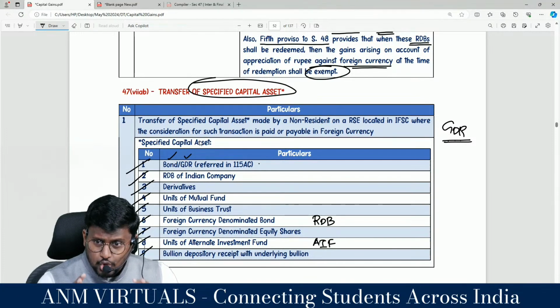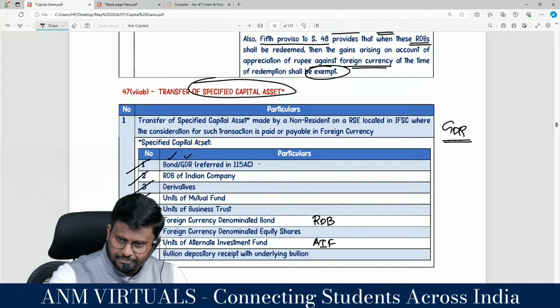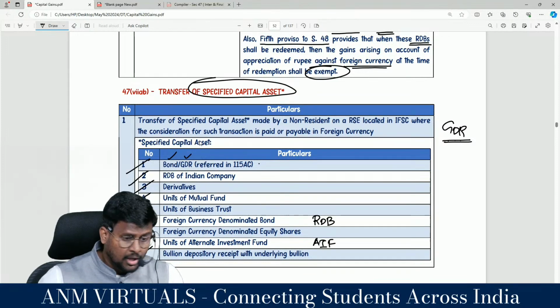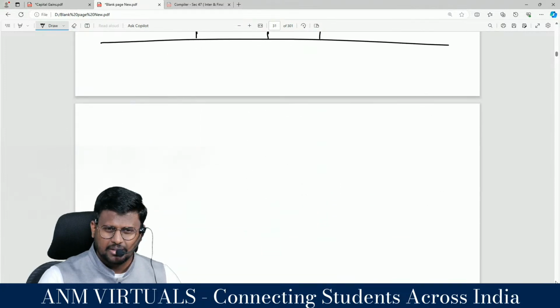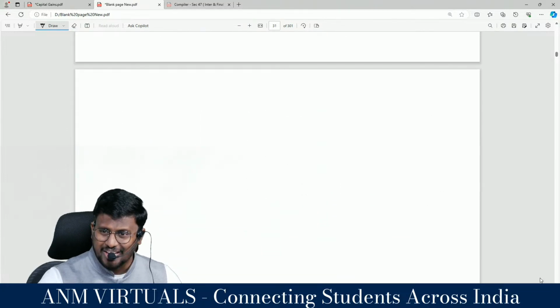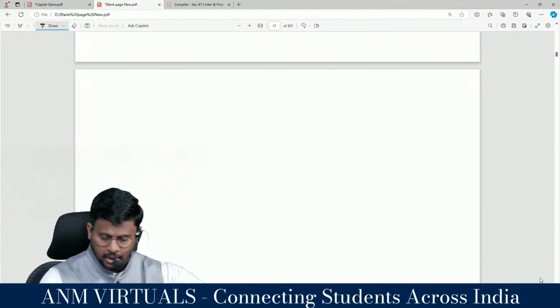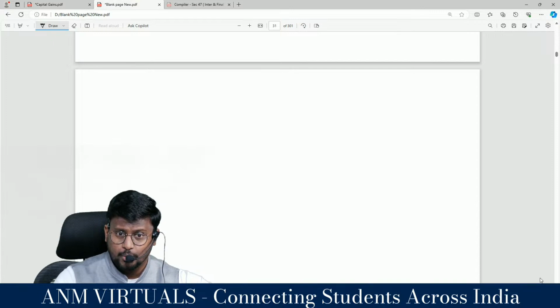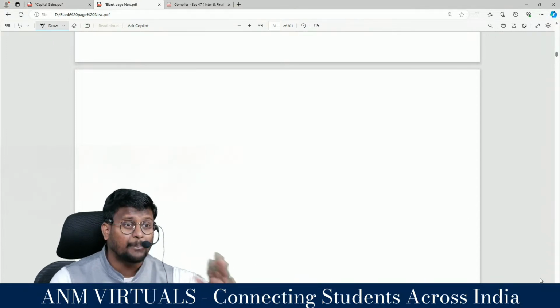Sir, these bonds or debentures have been subscribed from outside India. So what I will do now, I will explain not fully but the overview, because all those steps I will explain in detail when I am talking about the taxation of non-resident. For example, just an overview, then only you will be able to appreciate or understand. Otherwise, you will not be able to appreciate what is happening inside.